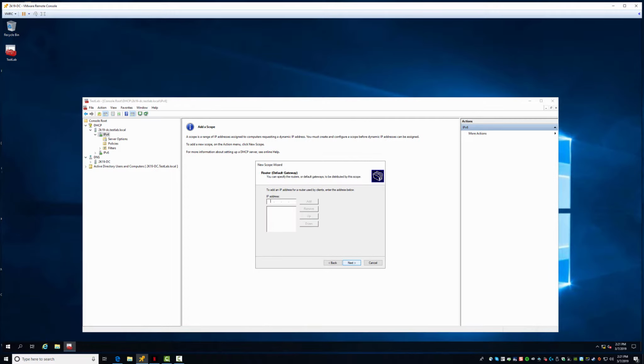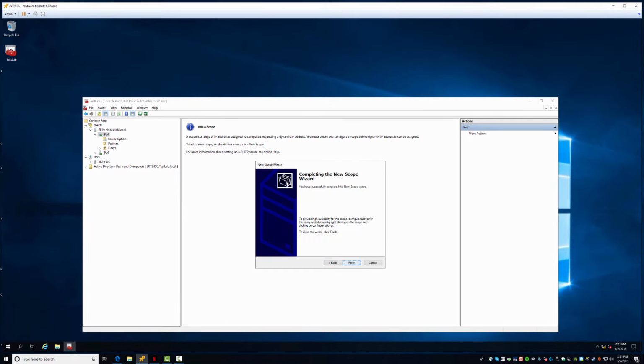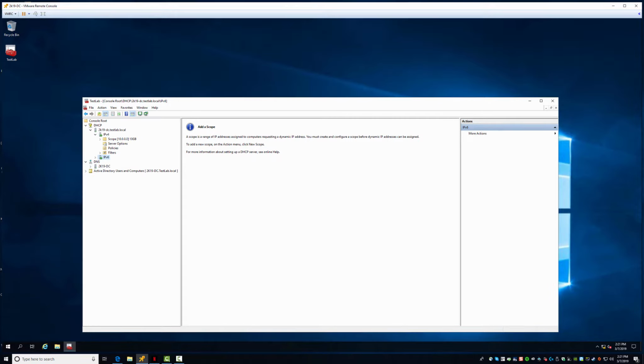Configure optional router. We will just do what my wireless network is. Well, my other network. Just to have it for now. Alright. Parent domain. No WINS. Activate now, yes. Okay. Now, to test this out, what I like doing, well, first of all, we got more than just one thing to do with this,